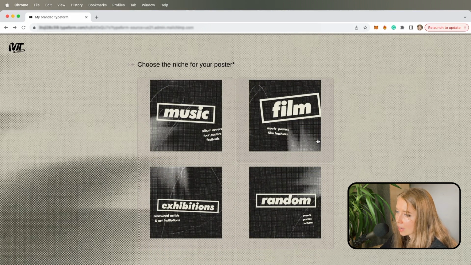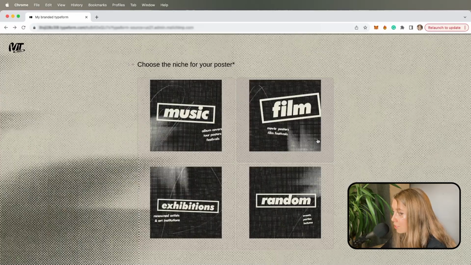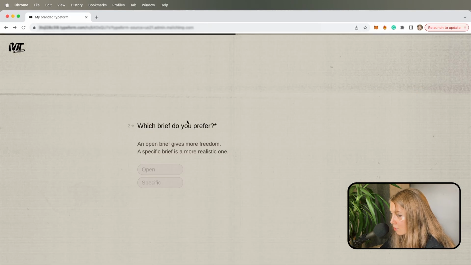Well, obviously I know these briefs because I created them myself, but there are still quite a lot of them and I don't know which one exactly, and I haven't done a poster for any of them, so this will still be kind of a surprise for me. So let's go with film, and I don't remember which one is where, so let's go with specific. There is also an option for open brief. Specific briefs give you the precise information to fill in, so yeah, I'm kind of lazy. I don't want to think about what text to put in to come up with something myself. I will just go with specific brief.